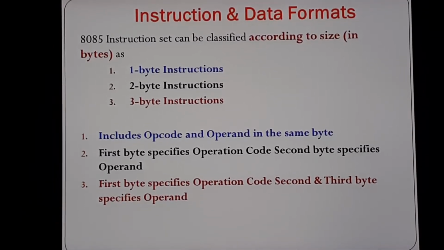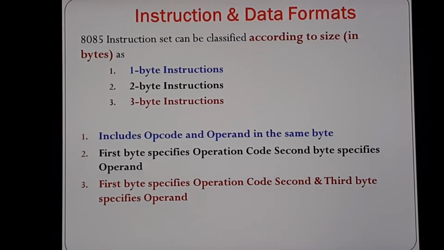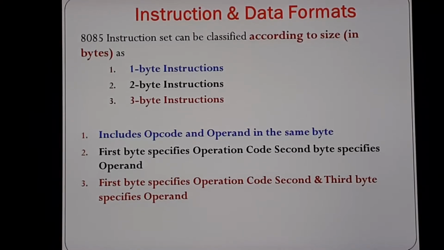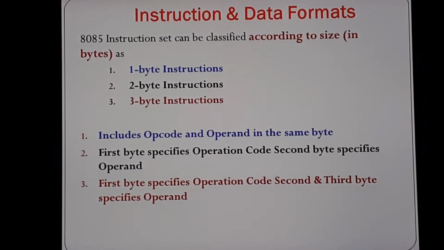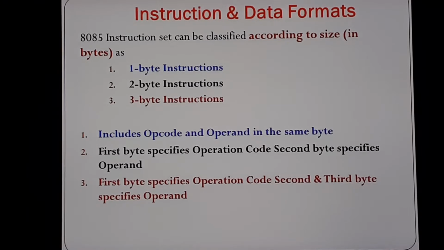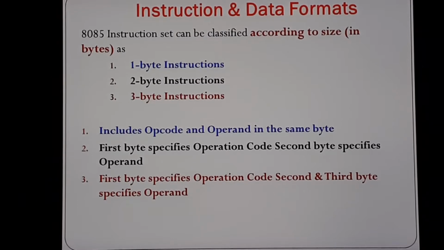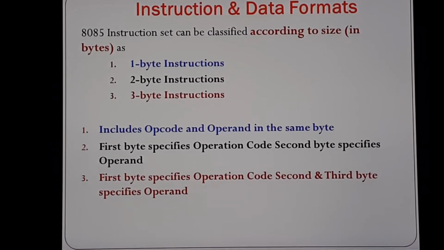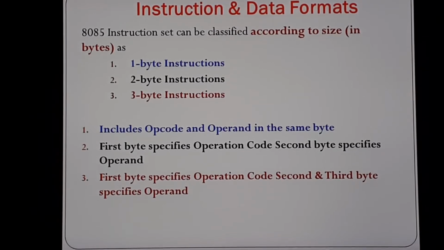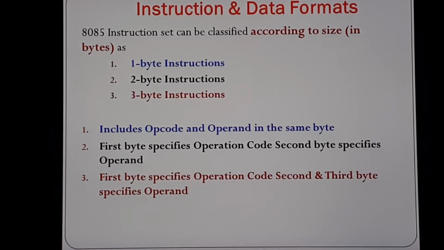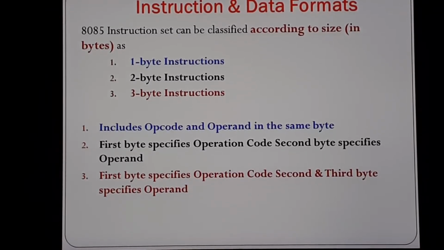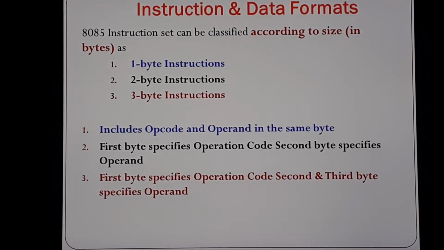Second is the 2 byte instruction. That means the first byte specifies the operation, which is nothing but the instruction, and the second byte specifies the operand. That means the second byte goes to the data. In the 1 byte instruction, the data and the operation code were only in one line. You can say we write that particular instruction in only one line in the program. Hence the opcode and operand are only of 1 byte, written in the same byte. But here in the 2 byte instruction, the operand is written on the second line, and in the first line we write the operation code.